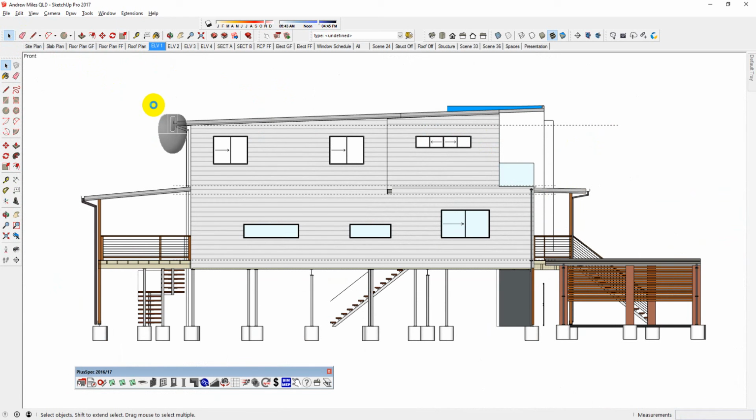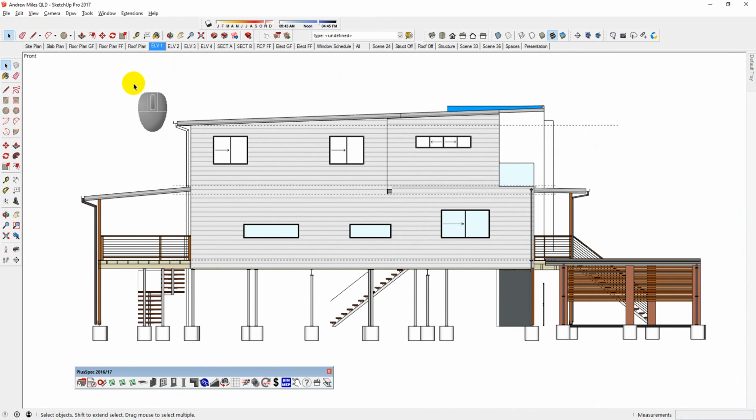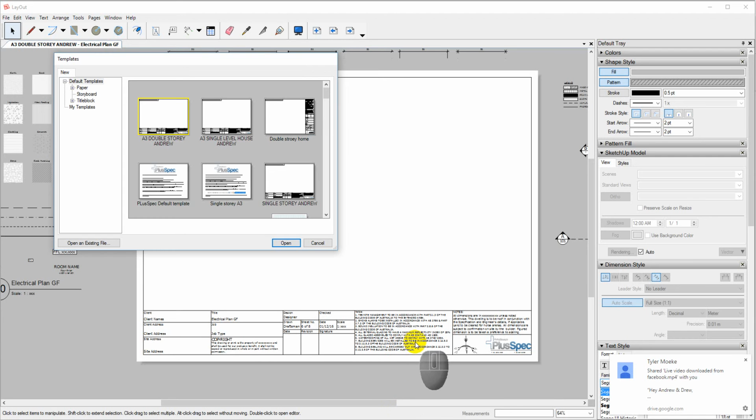and then file, send to layout. Now what you'll notice is that as soon as I send that to layout, layout's going to open down the bottom down here, and I need to choose a template. Now the templates that I spoke about earlier on are now in here. So I've got a single level house and a double story house. I'm going to open that template,